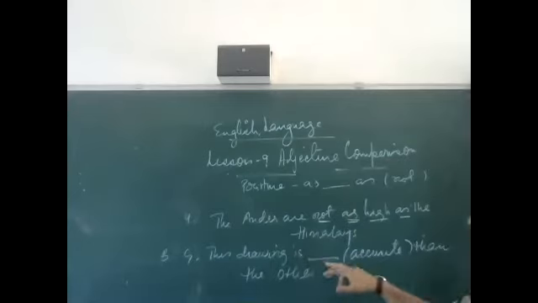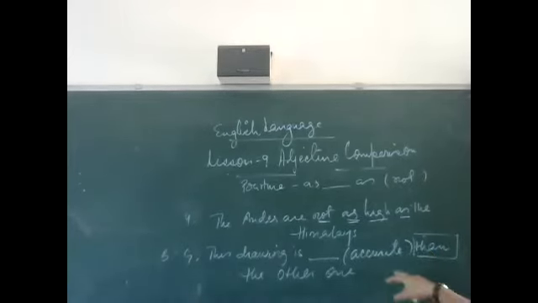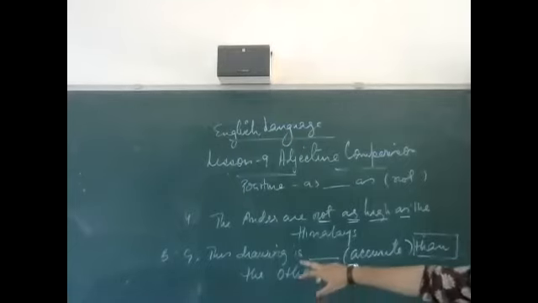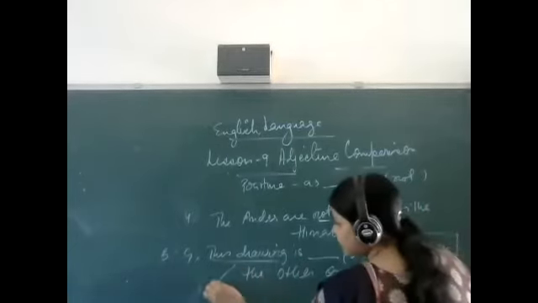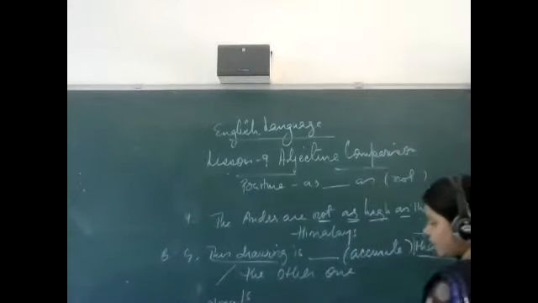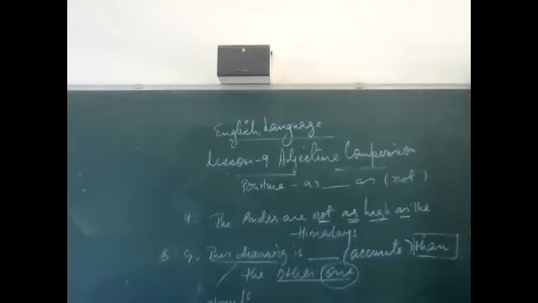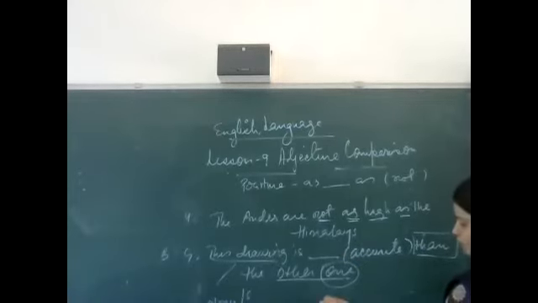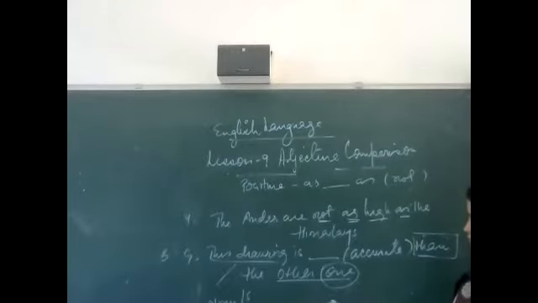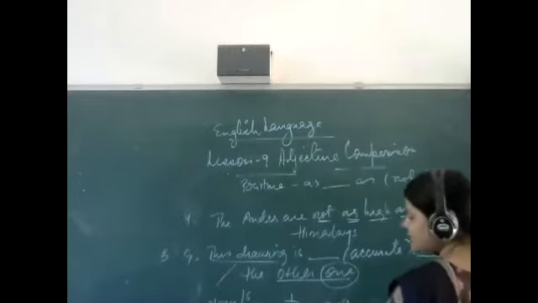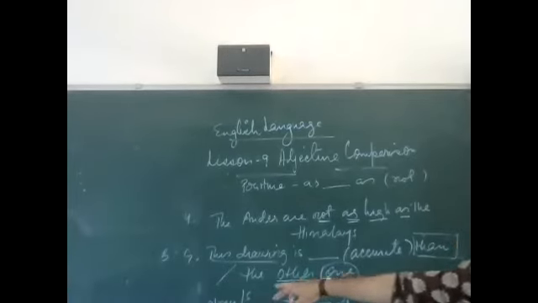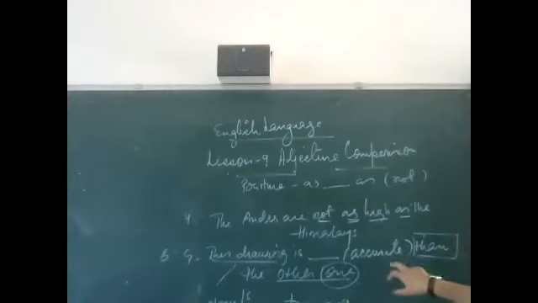Okay, the other one. This drawing is dash accurate than the other one. See, here "than" is written. What degree you have to use, you can try to understand with the help of the given sentence. Here, talking about this drawing means there is only one noun, one subject. Than the other one, that is also one noun, a single subject. So here is a comparison between one and one, two persons or two things. This drawing is accurate, and also what is written here is "than". So it is very easy to understand that here we are talking about comparative degree.